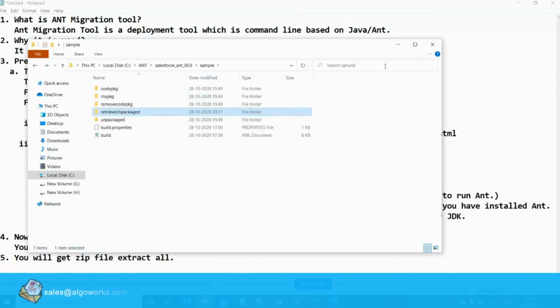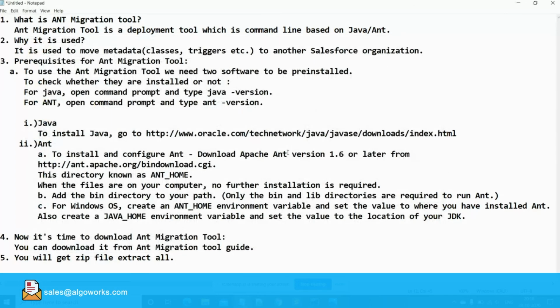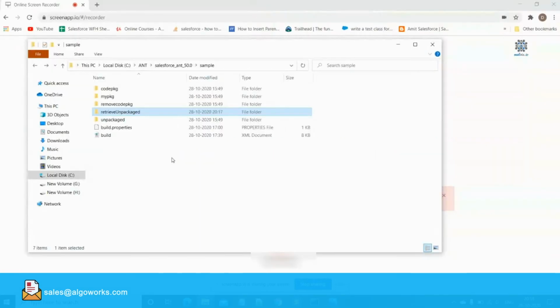And now there is another thing, how to deploy. So let's see how to deploy. Similarly to what we have done for retrieving data, we will open build.properties and build.xml, which we have already opened in Notepad++.